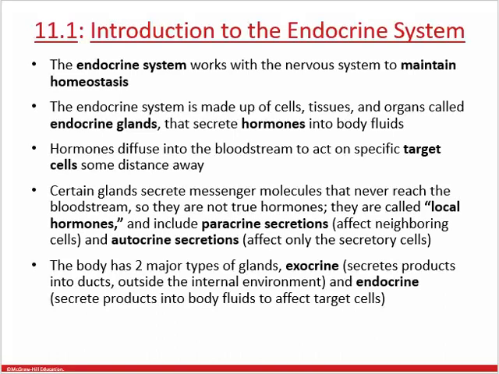The endocrine system does the same sort of thing, except they use glands that secrete hormones, which are chemicals that go in the fluids of the body, go everywhere, and they target cells that have receptors to that hormone. Some hormones are very specific and very few cells are targeted. Others, most cells in the body are targeted, like thyroid hormone targets almost every cell in the body, whereas the follicle stimulating hormone only targets the follicles of the ovaries.